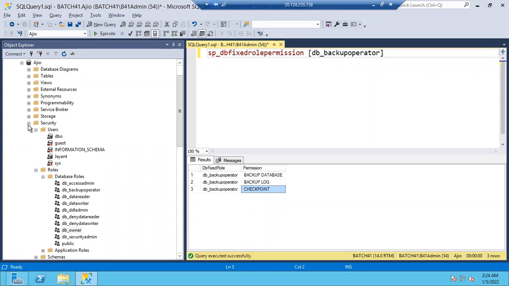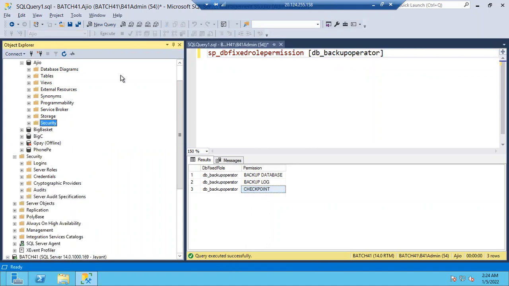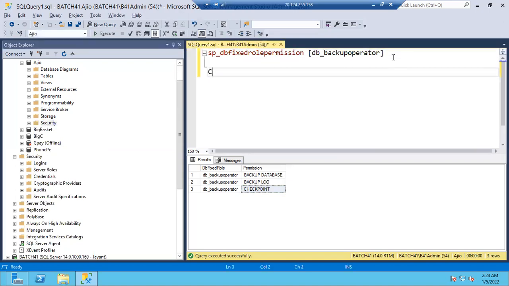What is a checkpoint? Checkpoint writes modified data after commit to the data file. Very good, excellent. Checkpoint writes dirty pages. What is a dirty page? Can anyone tell me? To the data file. The committed transaction. Very good. Checkpoint runs frequently on the log file to take whatever committed transactions there are and store them to the data file. Okay, so your definition is correct.